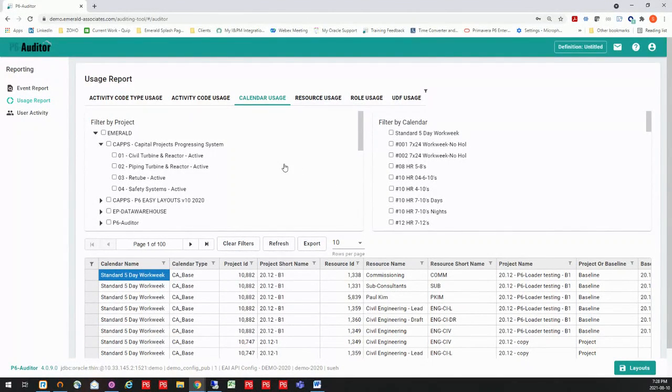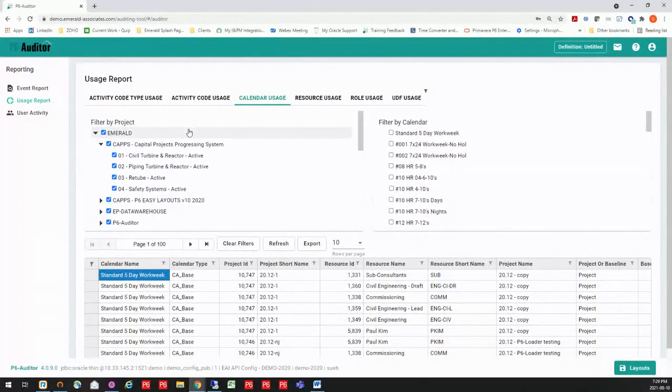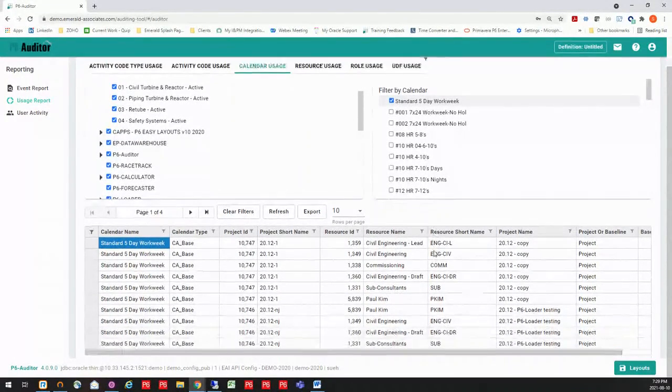But first of all, I want to make sure that they aren't being used in any of my projects if I clean them up. So if I wanted to, I could narrow it down to one or several projects. But in my case, I want to look at all of my projects. So I'm going to click this up at the top here that tells Auditor, look at every project. And then I can go and look by calendar. So if I click my standard 5-day calendar, I can see that I've got